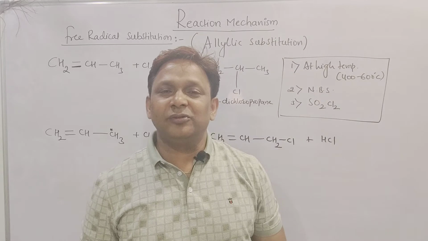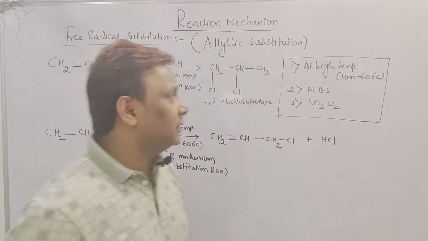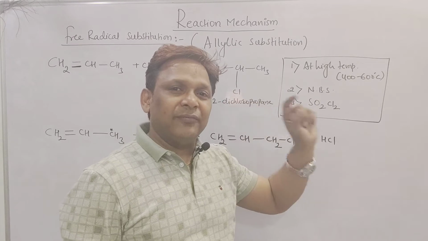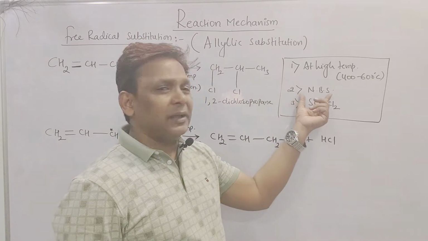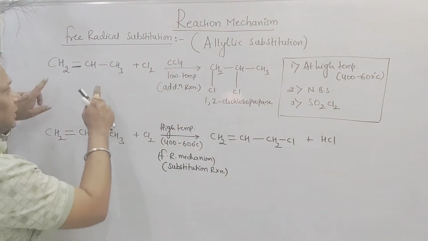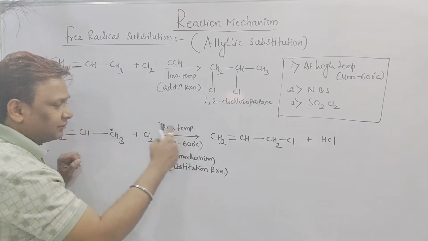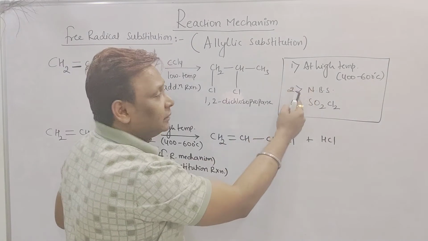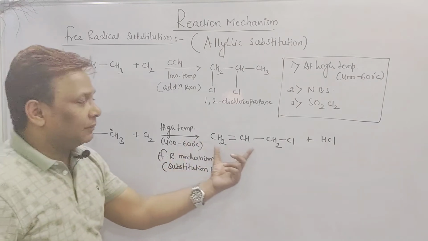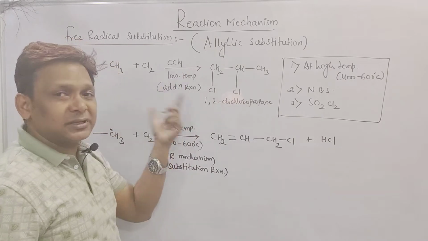See, beta, in this video, what I am going to discuss today is the FR mechanism, or free radical substitution. In the presence of high temperature, around 400 to 600 degrees centigrade, it favors free radical reactions. NBS, free radical. Sulfuryl chloride, free radical. One example I have shown you. Generally, alkene undergoes addition reaction, but in the presence of these reagents, high temperature or NBS or SO2Cl2, it undergoes substitution reaction, and you can see I am getting a different product because we changed the reagent.